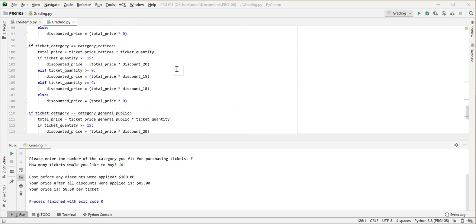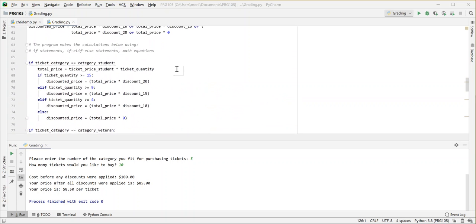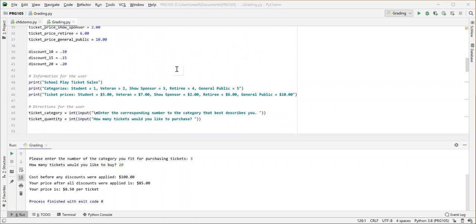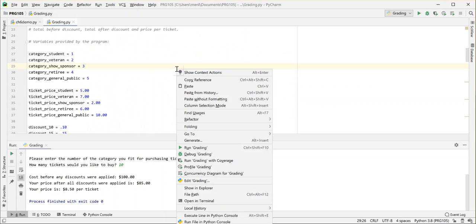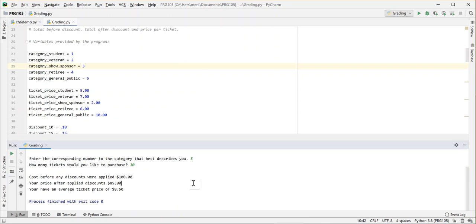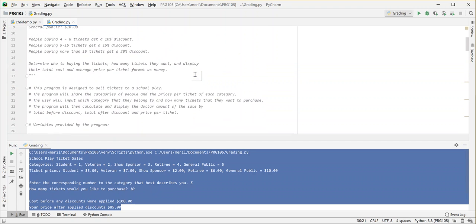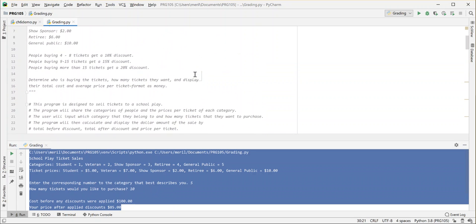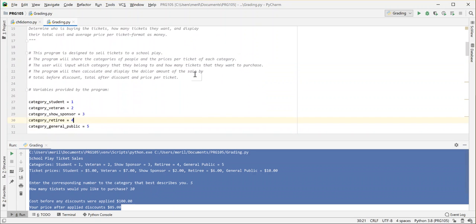You made this way harder than you needed to. This is kind of overkill. We'll run it. So I'm going to put in 5 for general public. Put in 10 here. And those are the correct results. Now the thing is, you could have done this